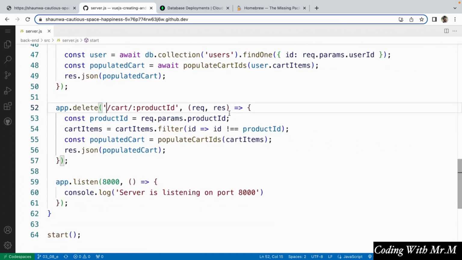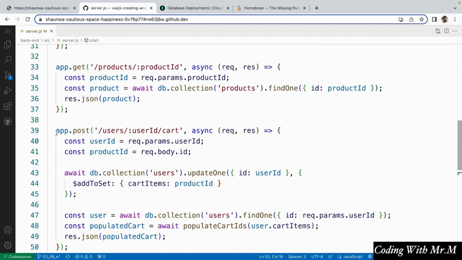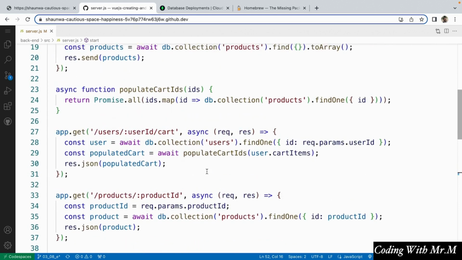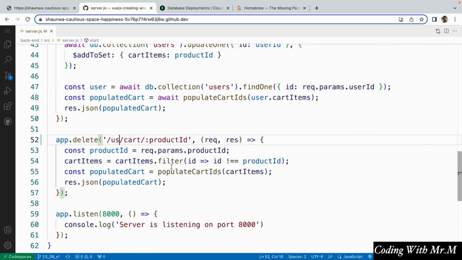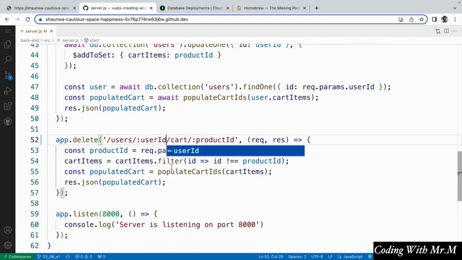So the first thing that we're going to want to do is change the path so that it reflects the updated data structure. Very similar to what we did with our app post endpoint and our app get cart endpoint. We're going to say /users/ and then the user ID whose cart we want to remove the item from. So, basically, what this path means is if we send, let's say, a request to /users/12345/cart/123, that would mean we want to remove product 123 from user